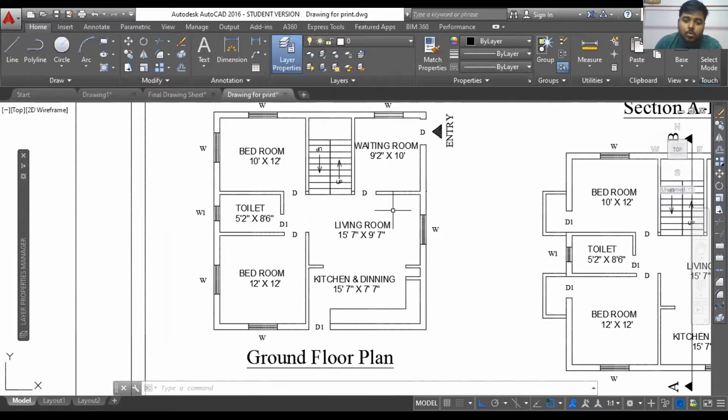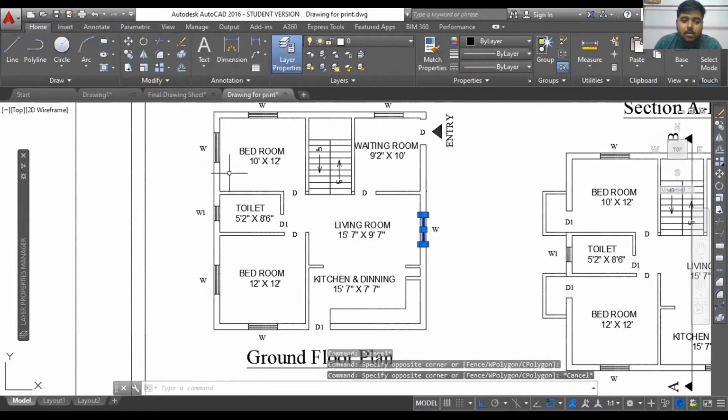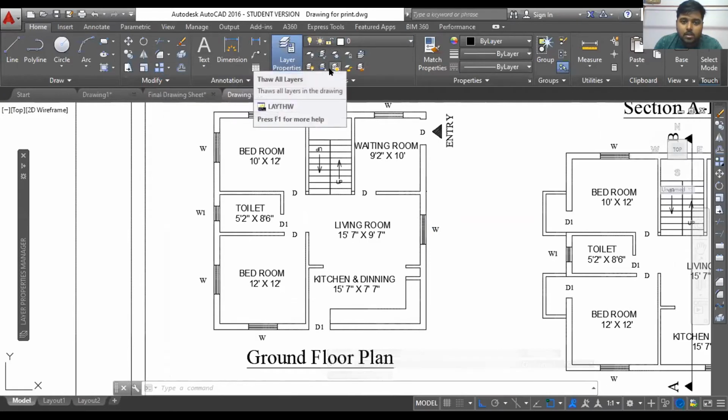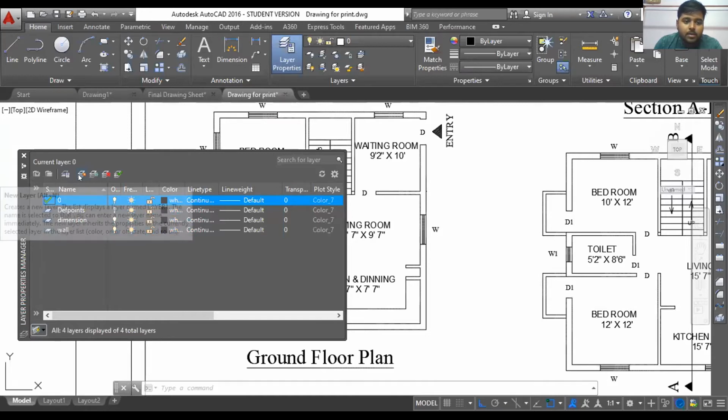So what will you do? Basically just simply select, for example, I'm selecting the windows. Before that, just create a new layer, and you can do that from here. I have my layer tab. So you can create a new layer.